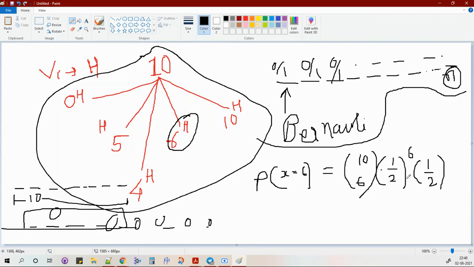So this is not true every time. The probability can be 1 by 3 also, then it would be 1 by 3 and 2 by 3 here, right? But in a case where the probability is similar, it is always 1 by 2 raised to 10. Just to save time, you can write 1 by 2 raised to 10 directly if the probability is similar,